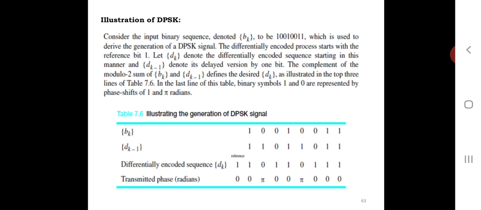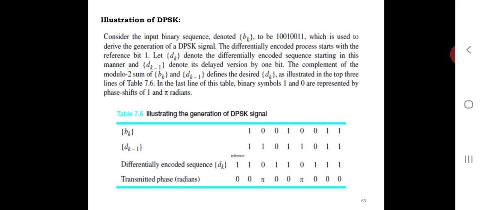Next transmitted bit is 1, we write it as it is. Next 0 we have received, 0. Next bit is 0, again it is 0. Once we receive the 0, we have to change the next bit, so it will become 1. Next bit I have received 1, write as it is. Next I have received 0, write 0 as it is. But again I am receiving 0, but I have to change it. Whenever you receive 0, the next bit should be changed, right? Again that is changed. Again 1 as it is and 1 as it is.